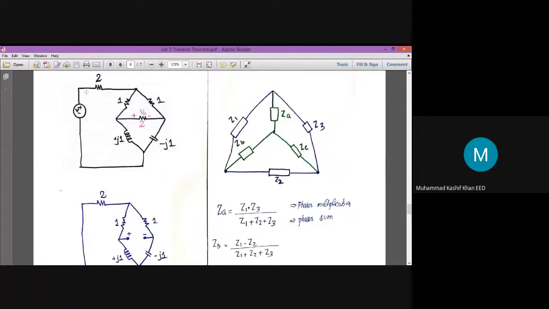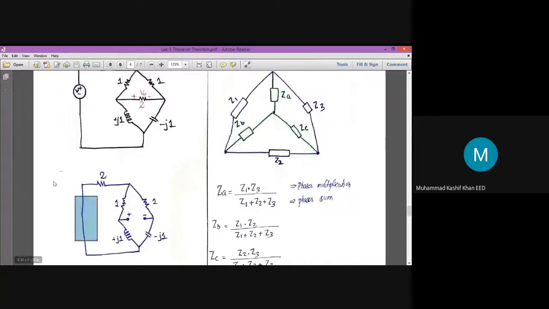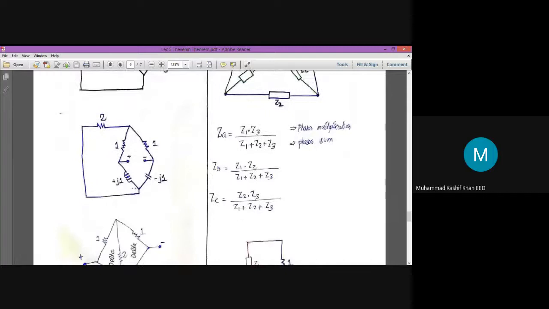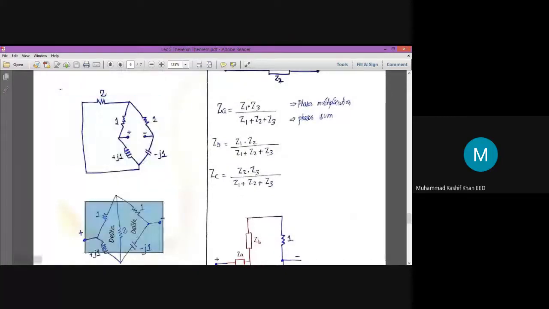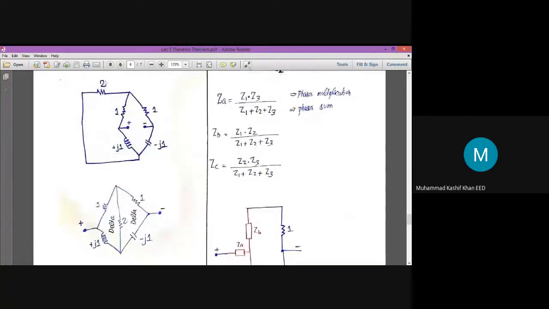The first step, you will short circuit the voltage source. Okay, I have short circuited the voltage source. Now I have modified this diagram. This diagram and this diagram are one and the same thing, but I have only connected this 2 ohm resistor between these 2 points inward in this structure. You can match these 2 diagrams. There is no difference. I have only changed how the elements are connected, the outlook of the circuit.